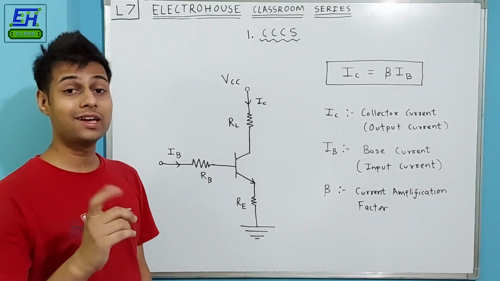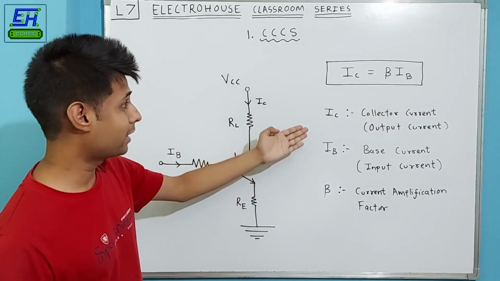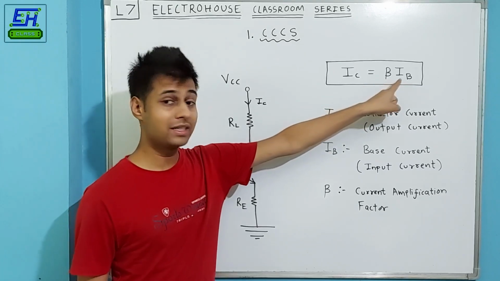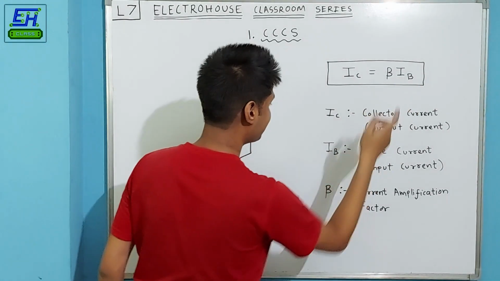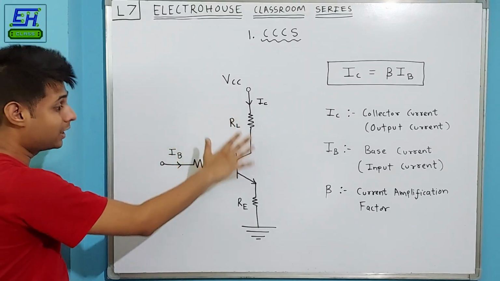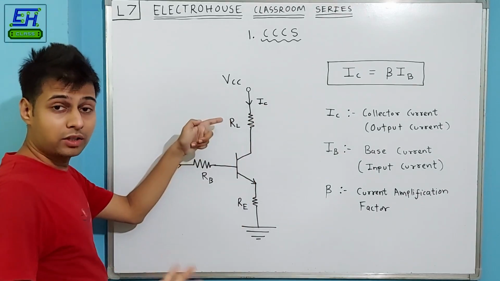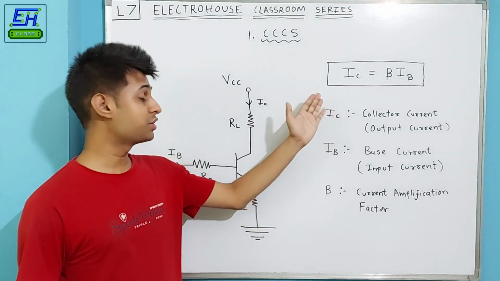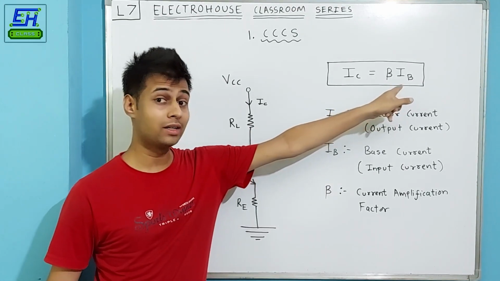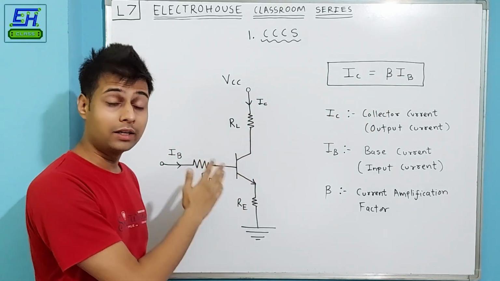And if you know the most basic equation of the transistor, that is IC equal to beta times IB, which means the collector current is actually a product of current amplification factor beta and base current IB, where this IB or base current is our input controlling current, which is controlling our current controlled current source, and IC is nothing but our output current which we want. So clearly from this equation we can conclude that our output current is actually a function of our input current, that is base current. So definitely this circuit can be treated as a current controlled current source.